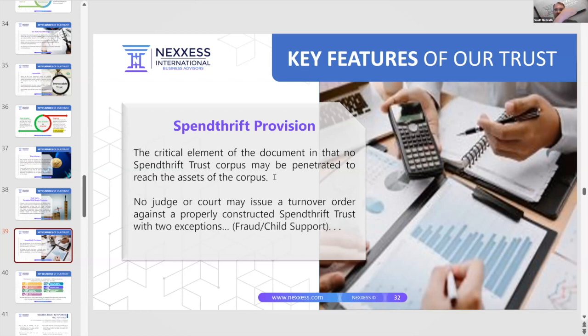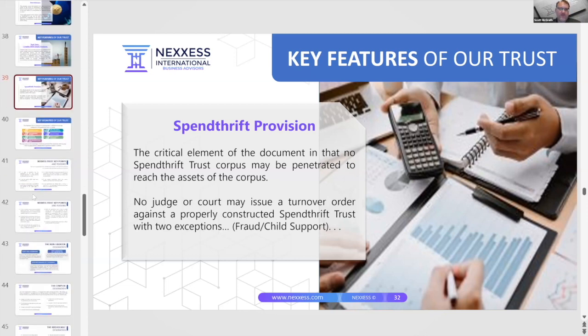The trust holds it for the benefit of the beneficiaries. Okay, the trust holds title, but not equity. It doesn't have the ownership. Why? Because it's just technically held and reserved for the beneficiaries. All assets in a trust are held for the benefit of the beneficiaries. And so that's how the spendthrift trust protects you from lawsuits.